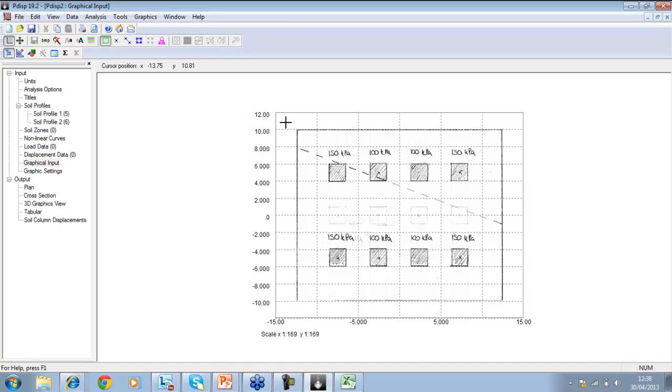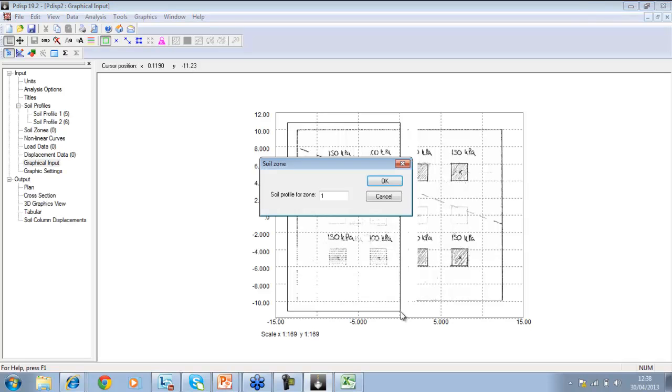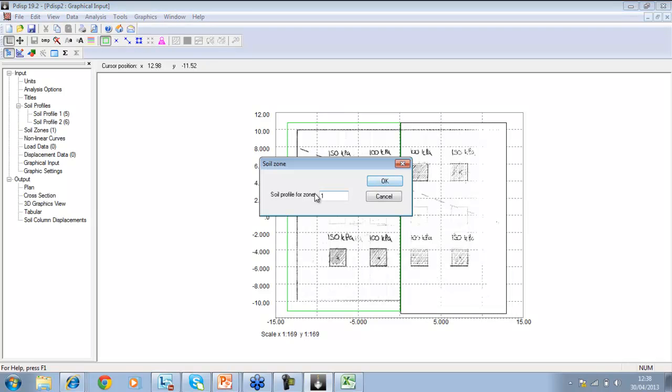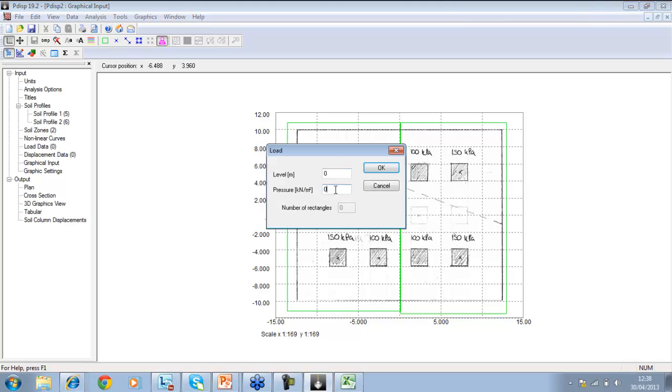So I'm going to start with the 2 soil zones. So here I've got soil zone 1 and soil zone 2. Okay, in terms of my loads, I'm just going to literally draw the loads in and type it as I go along. The loads are occurring at,